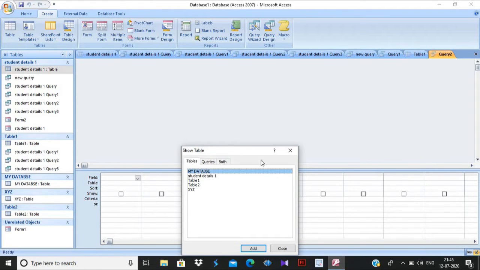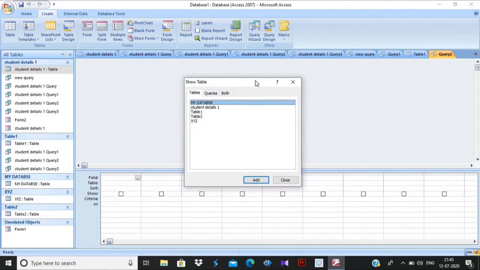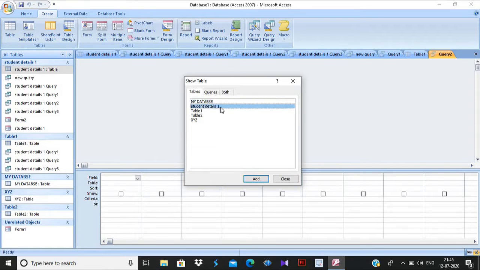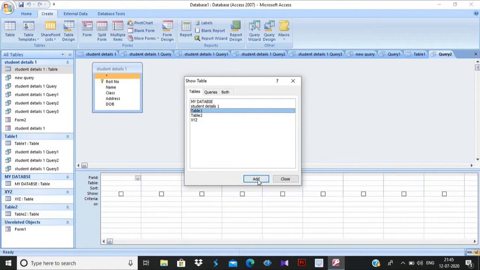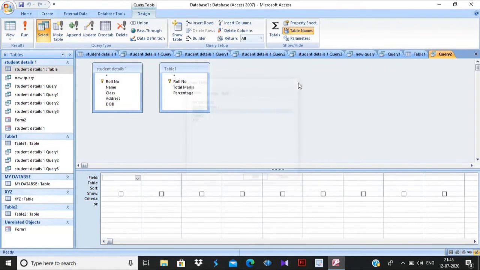It is showing one dialog box in which it is asking from which table you want to take the detail. If I want to take the detail only from one table, I can select either one. If I want to take data from two tables, I can select the other also.